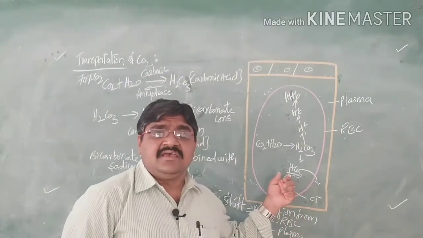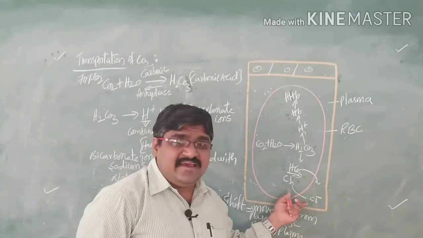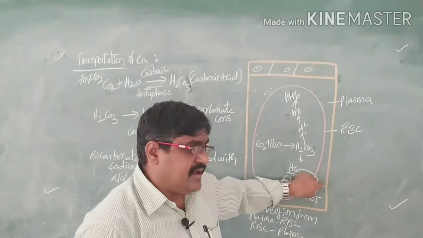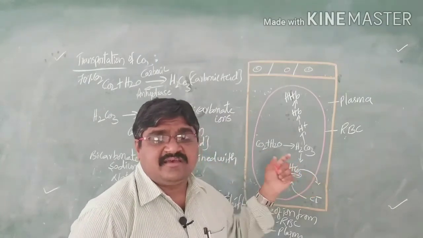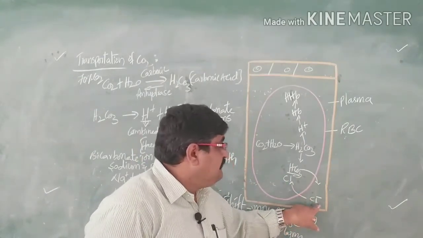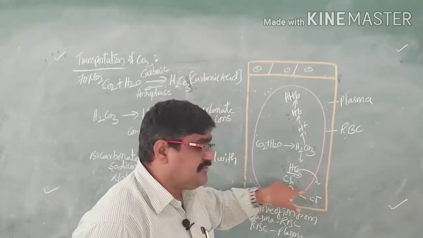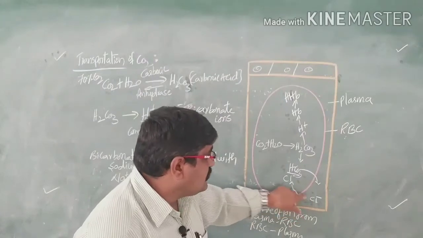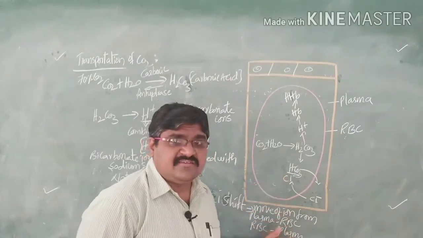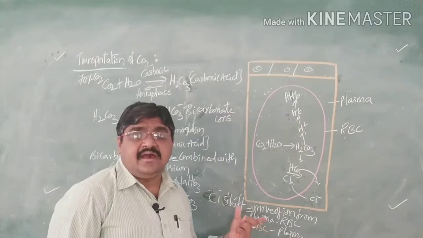Why? Because it does not allow the positive ions. To neutralize that, chloride ion movement takes place from the RBC to the plasma. So positive elements are not allowed, and to neutralize that the chloride ions will move from the plasma to the RBC. This shifting of chloride ions from plasma to the RBC, and from RBC to the plasma, is called the chloride shift,